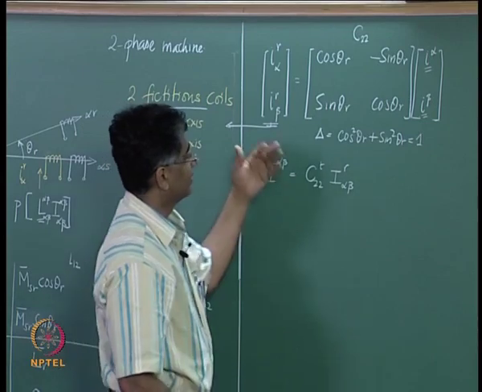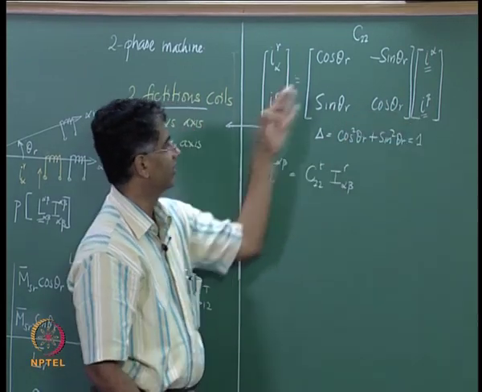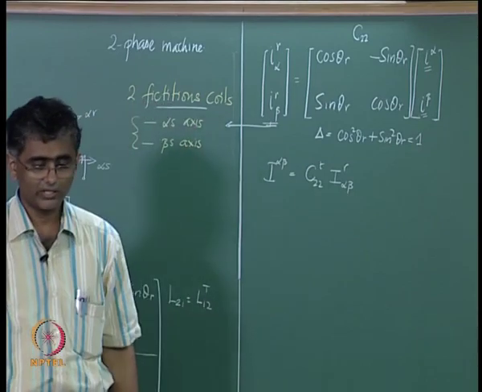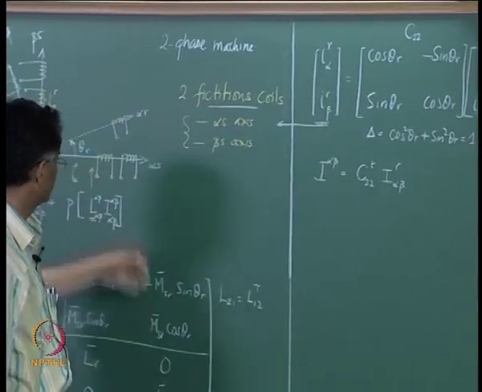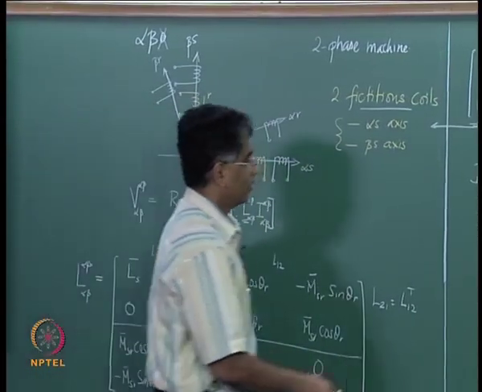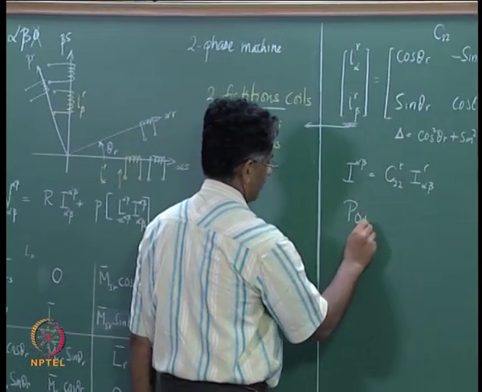Now this defines a relationship between I variable here and I variable here. In order to transform the variables from the rotating reference frame to the stationary reference frame, we would like to have power invariancy,